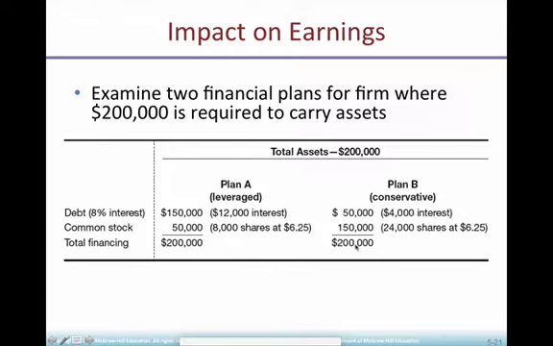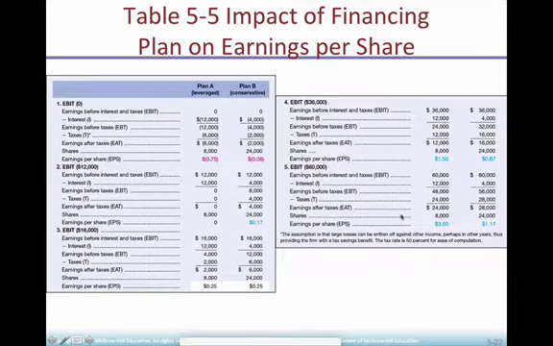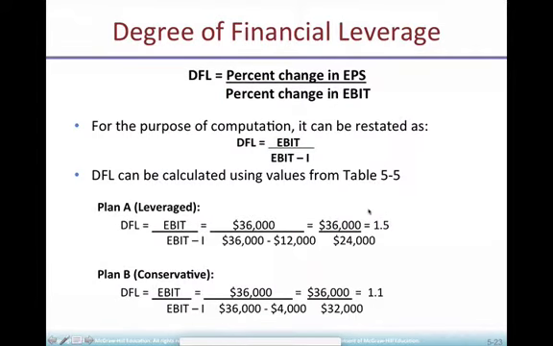So we are going to calculate degree of financial leverage for both cases, and those are different levels of production and different earnings before interest and taxes. We're going to come back to the data. Let's see the formula that we are going to use. That's the formula for degree of financial leverage: earnings before interest and taxes divided by earnings before interest and taxes minus I. This is the interest expense. Remember, it was 12,000 for the aggressive business and 4,000 for the conservative business.